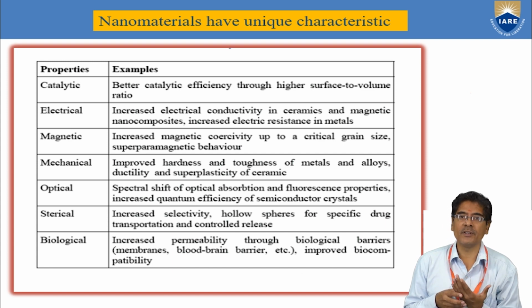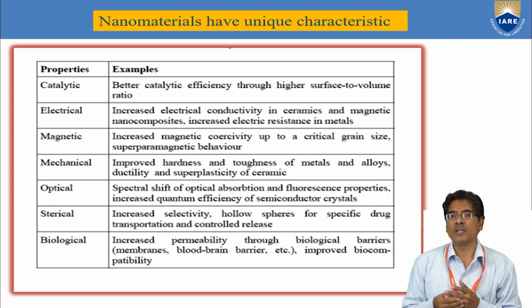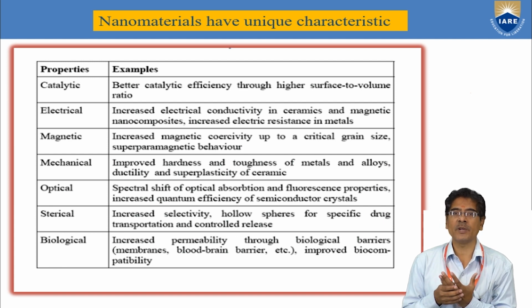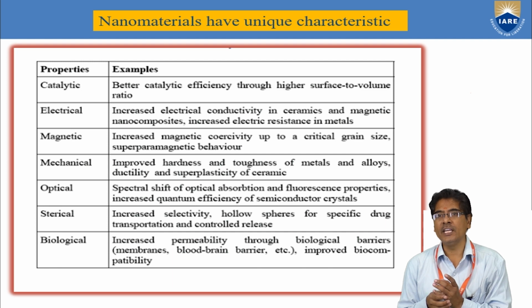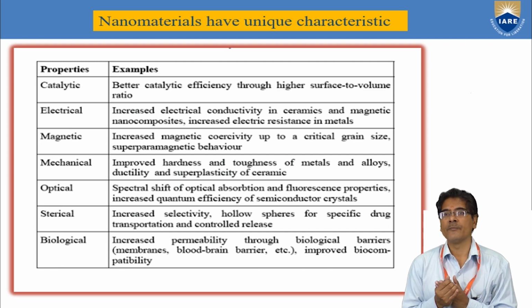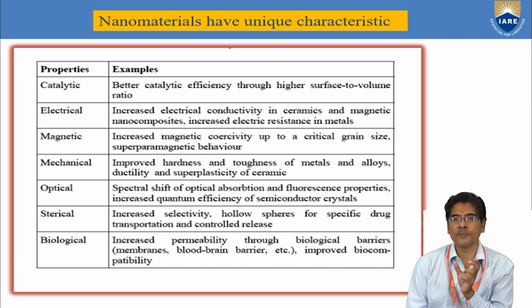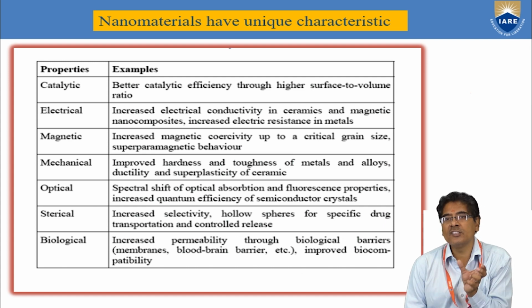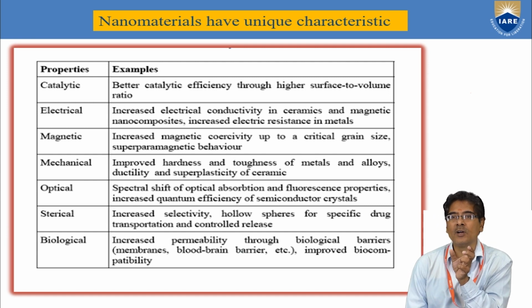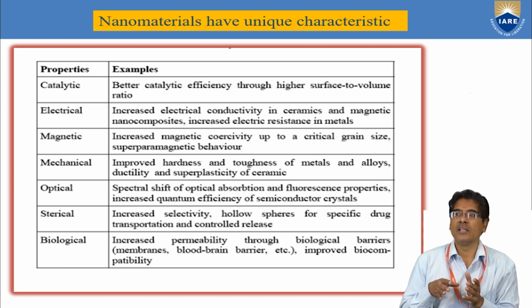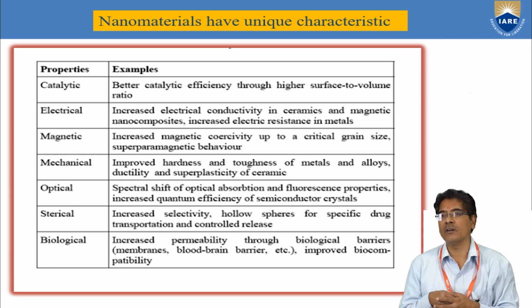So if you come to the optical properties of nanomaterials, there is a spectral shift of optical absorption and fluorescence properties, and increased quantum efficiency of semiconductor crystals. So it is one of the properties that comes under the optical property. That means there is a spectral shift in the electromagnetic spectrum, and the fluorescence property increases the quantum efficiency of semiconductor